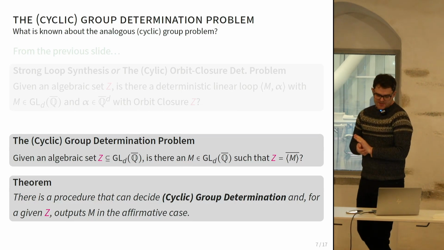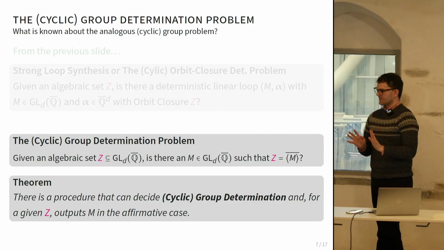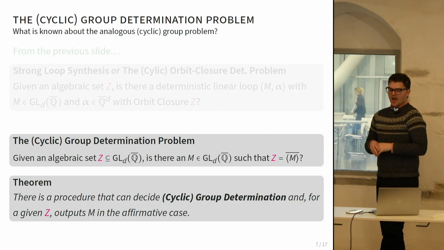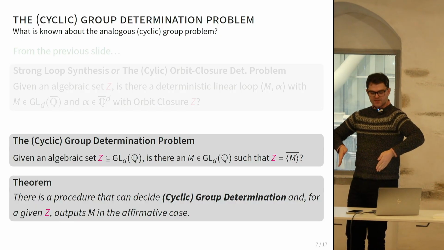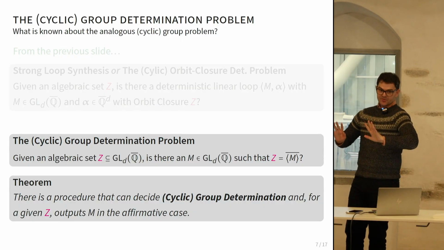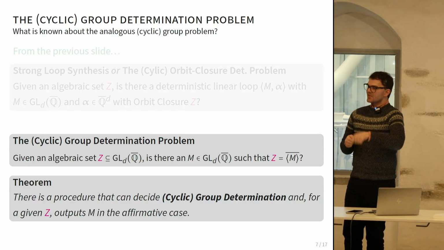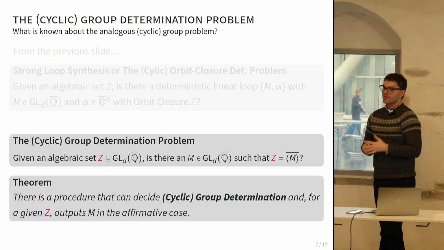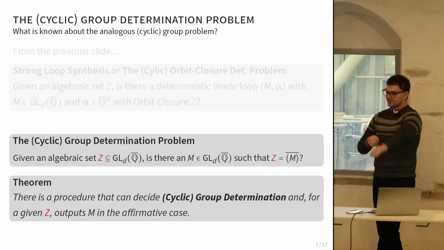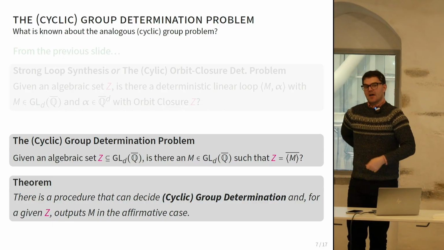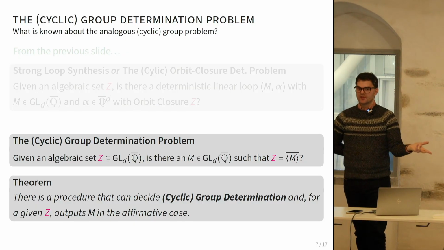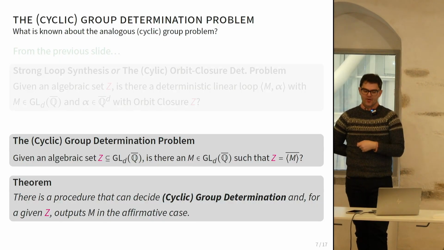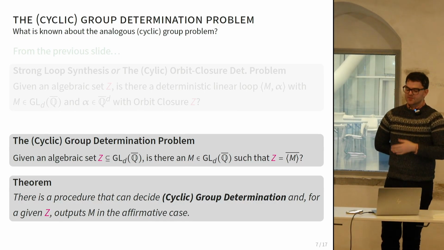So this GL_d(Q-bar) notation might not be familiar to you. Let me explain it. Here I'm taking d by d matrices, so d-dimensional square matrices. Their entries live in the algebraic numbers, so they're pretty nice to work with. And this GL just means they form a group in the sense that they are invertible. So if I have a matrix, I can calculate its determinant. So long as that determinant is 1 or minus 1, then the inverse of that matrix also lives inside the group, and you'll get these nice algebraic numbers. So this is what I'm talking about when I look at invertible matrices.